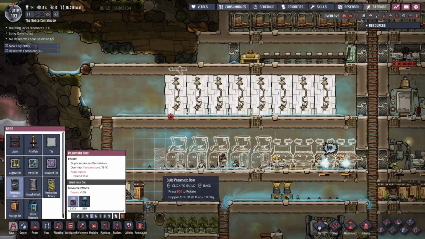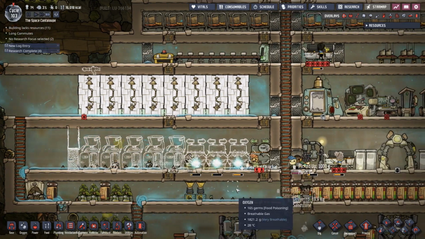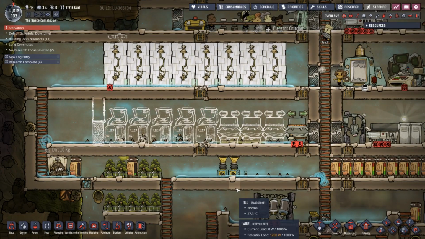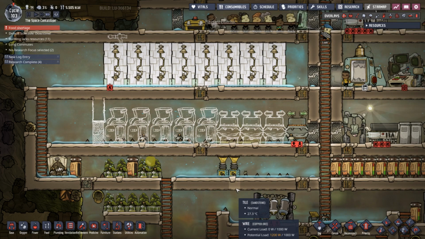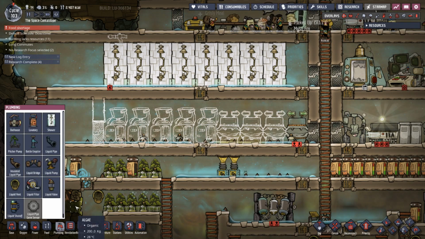Here, let's cap it off here and see if that's good. If that's good, it's probably gonna be too big. We might have to break it up into multiple sections. Probably the easiest thing to do is just put a door in the middle. But in the meantime,